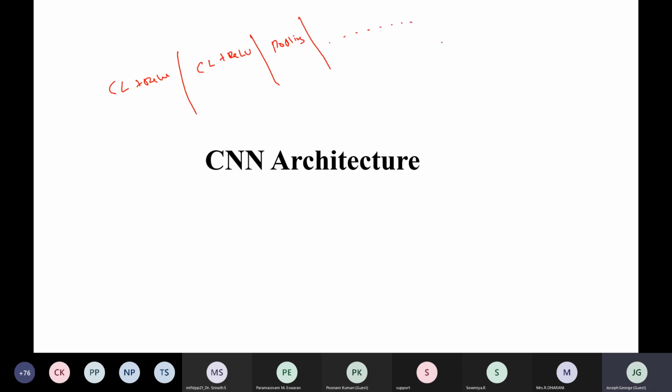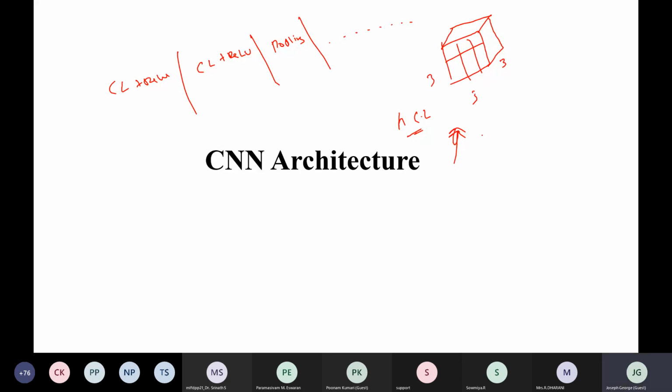Finally, you will get an activation map like this. For example, consider the activation map at the end of the convolution layers is 3 cross 3. This is the final activation map at the nth convolution layer, assume like that.